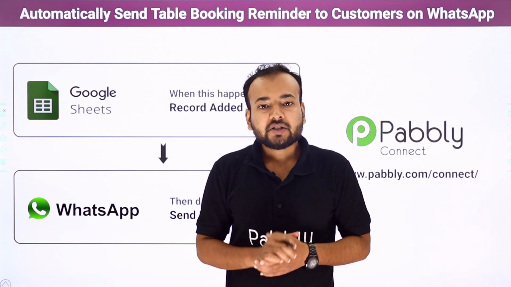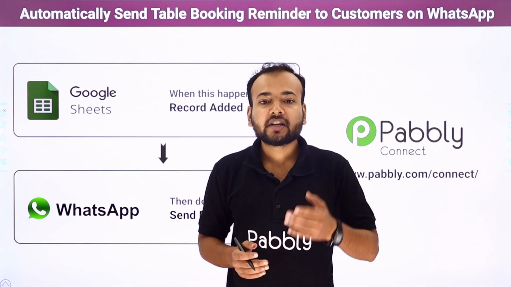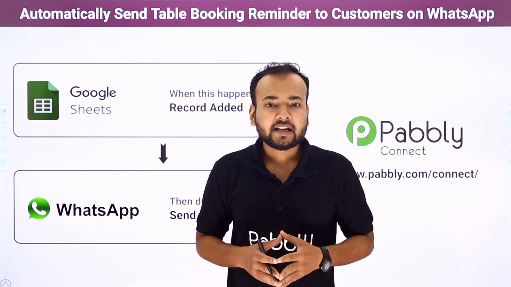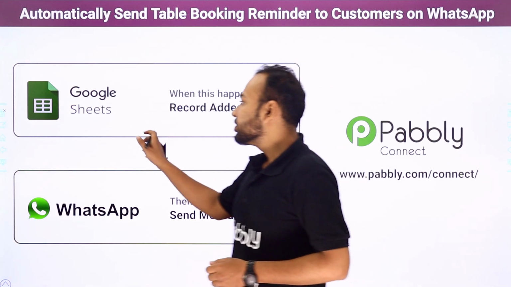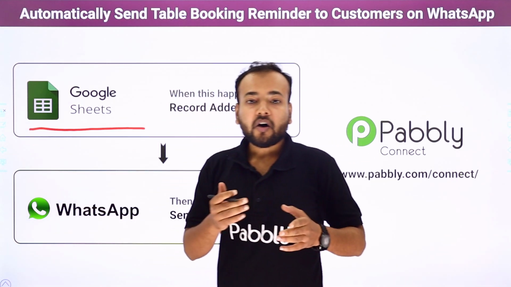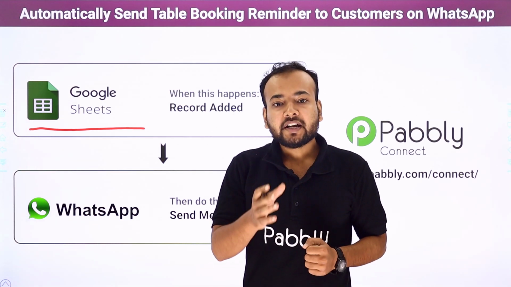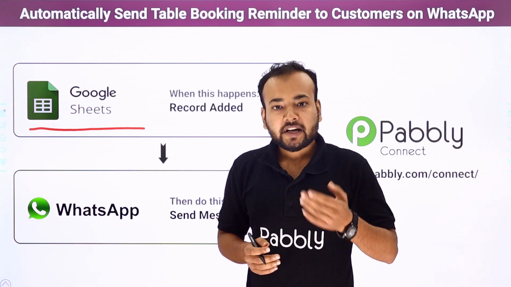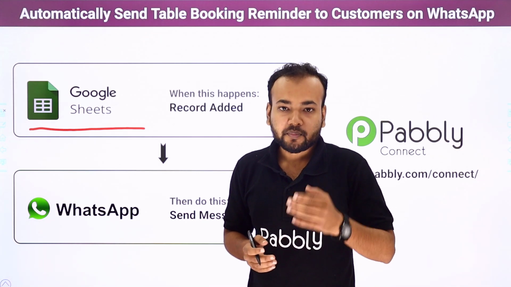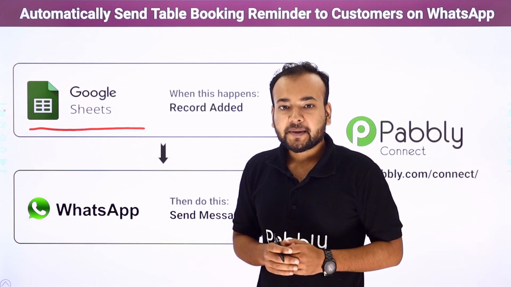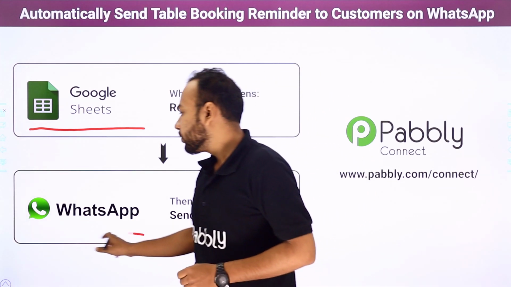Now, suppose that you are running a restaurant business and sometimes your customers book tables in your restaurant for a special occasion like birthday parties or get-togethers or any special date. So you have created a Google Sheet in which you fill up the data of your customer along with their booking details. And you want to remind your customers about their booking one day before or on the date of booking that you have such and such table booking on such and such date. Now, you want to send those reminders to your customers on their WhatsApp account.